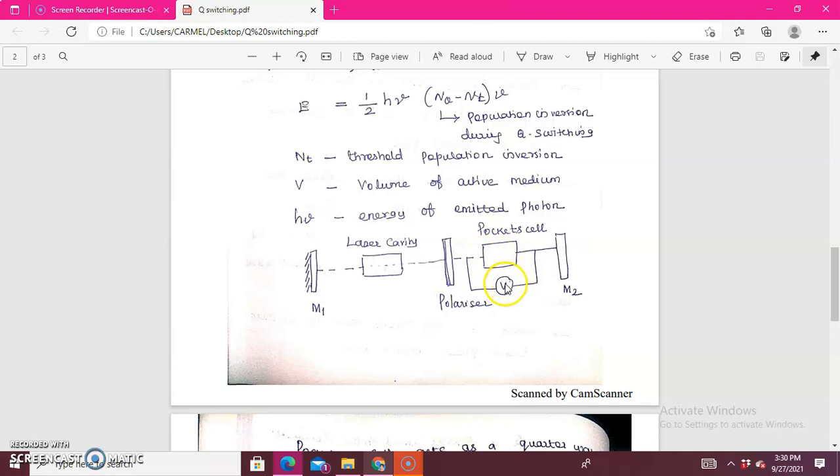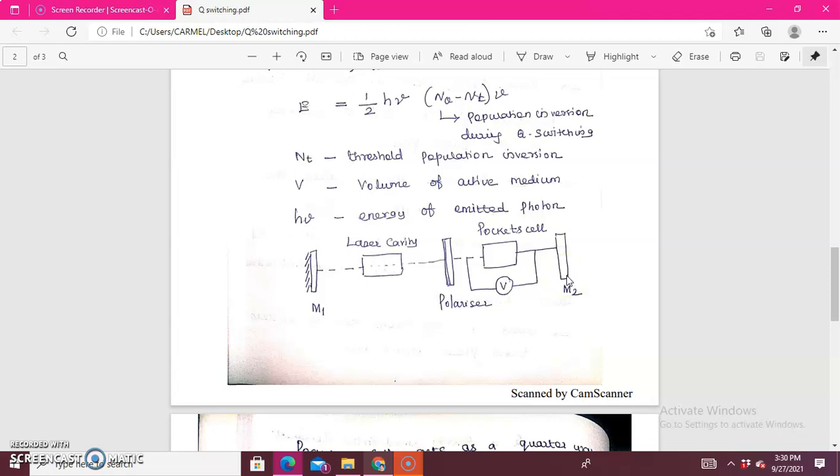So if the voltage is applied across M1 and M2, what will happen? Whatever light comes out from the polarizer, the linearized light gets shifted into a circular motion, then it passes across the Pockels cell. After crossing the Pockels cell, the circular motion gets converted into linear again, but you get a 90 degree out of phase. That is what happens when the voltage is applied across M1 and M2, and when it is not applied.